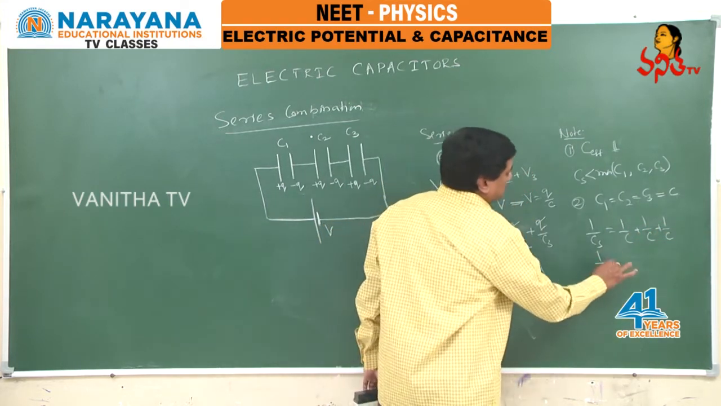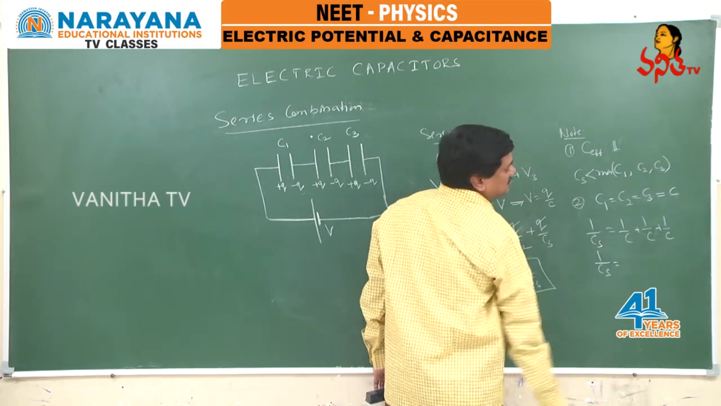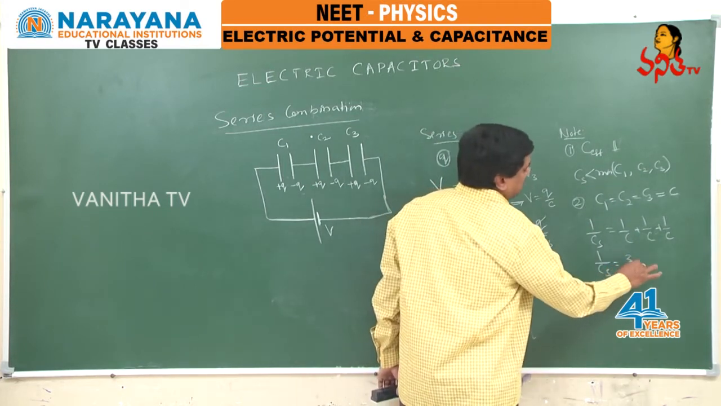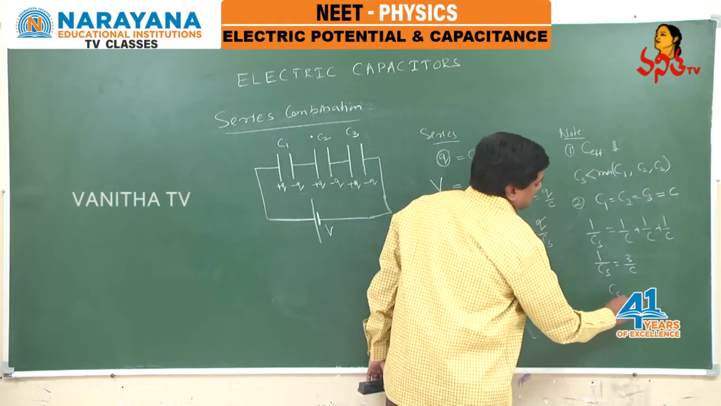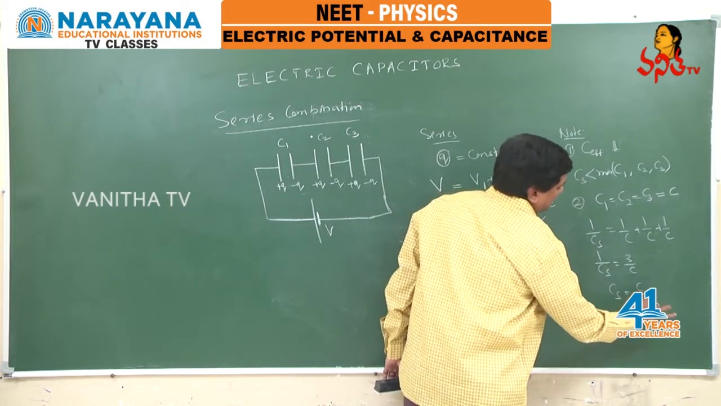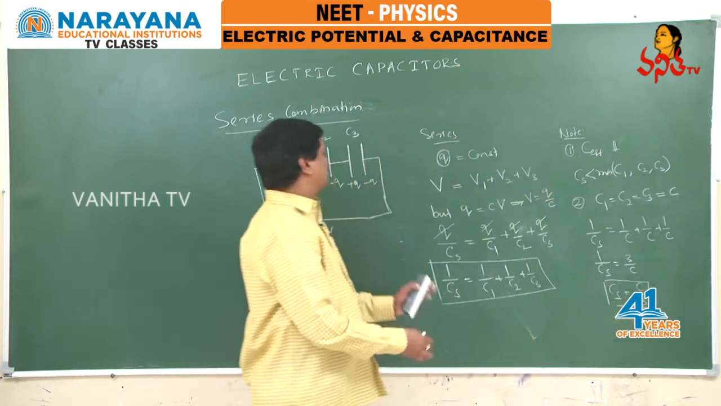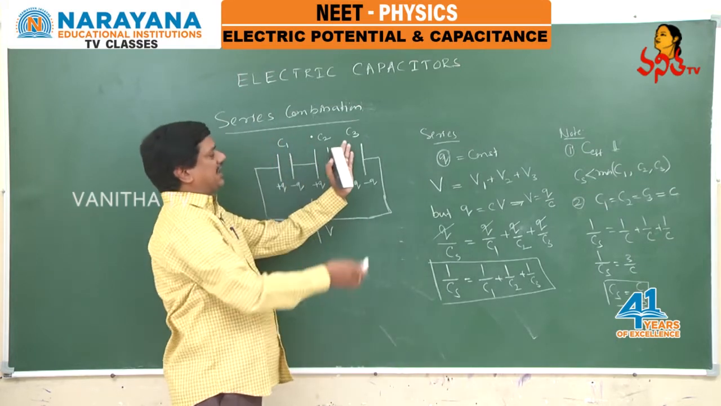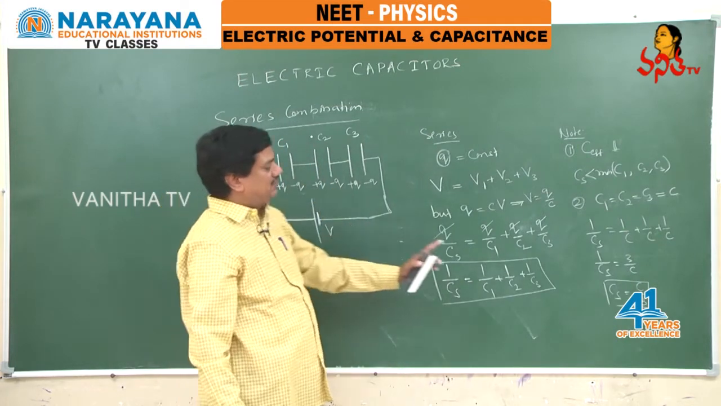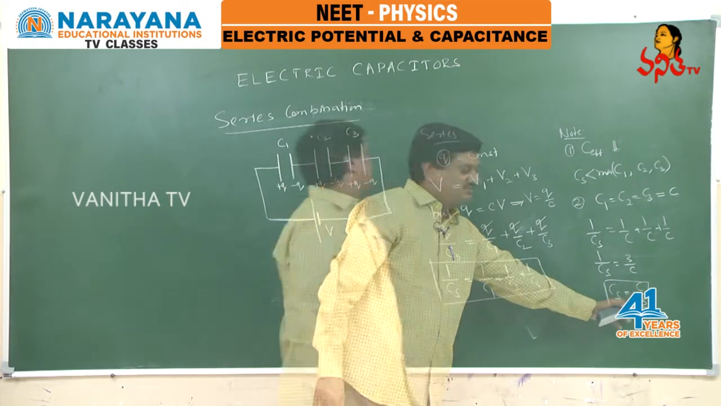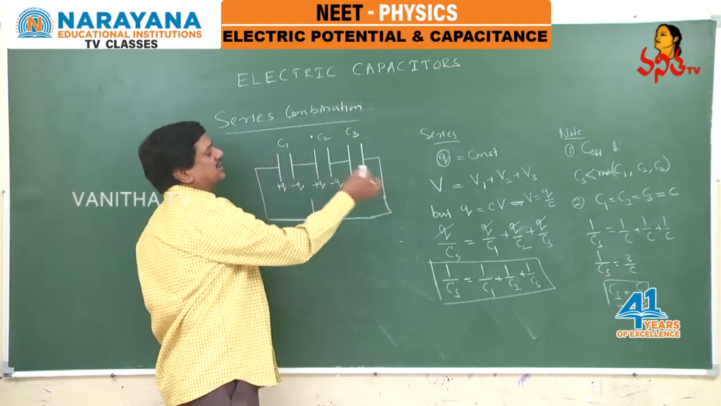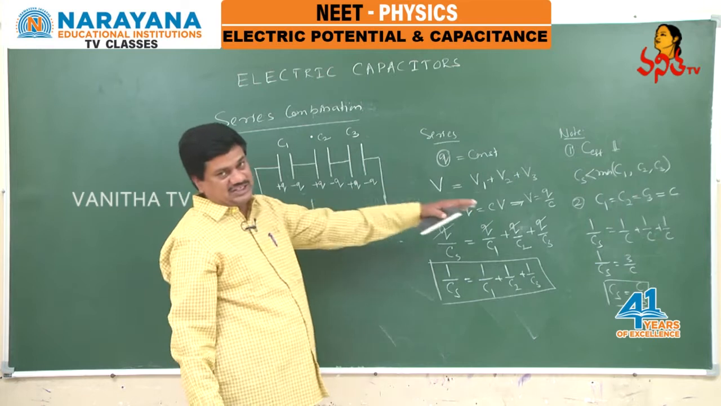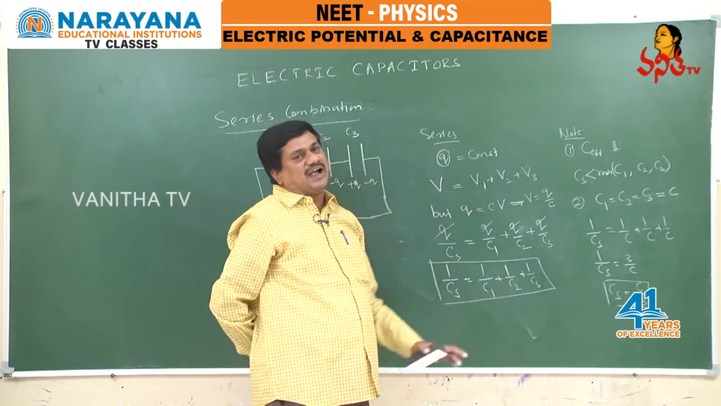So from this equation, 1 by Cs equals 3 times 1 by C, and the C in the series combination equals C by 3. Once again, observe that when all these 3 are identical, we got the effective capacitance as C by 3. Instead of these 3, if I connect more than 3, say n identical capacitors